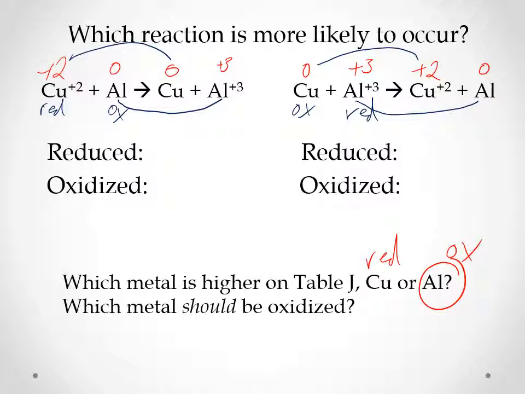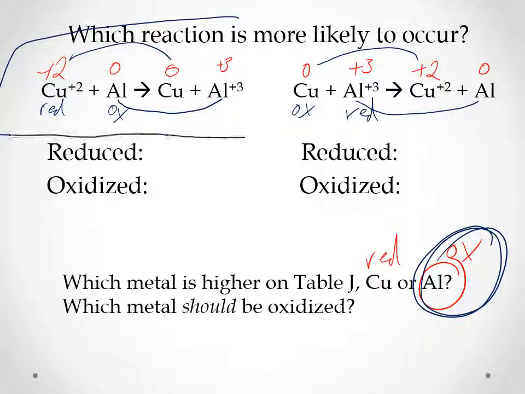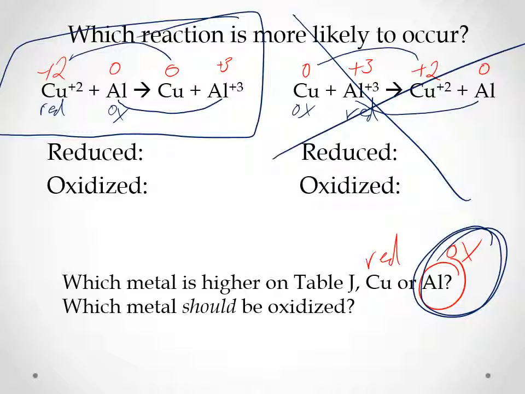Back to table J. What did we expect to happen? Table J said that since aluminum is listed higher, aluminum should be the one that's oxidized, and copper should have to be the one that's reduced. So which of these examples shows aluminum being oxidized? That's the one right here on the left. This is the one that should happen because aluminum's higher, it's being oxidized, copper is lower, it gets reduced. This combination right here with copper being oxidized will not happen because copper is not listed higher than aluminum, so it's not going to take